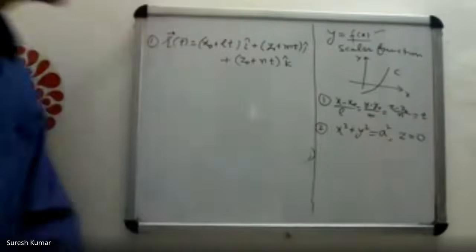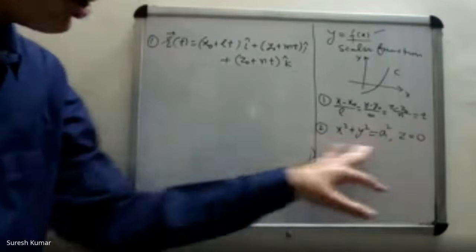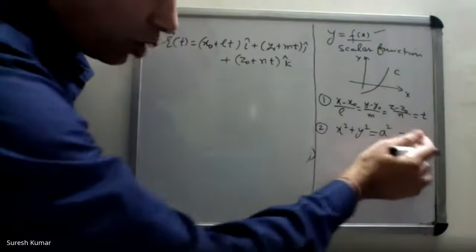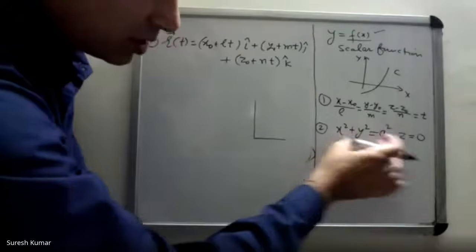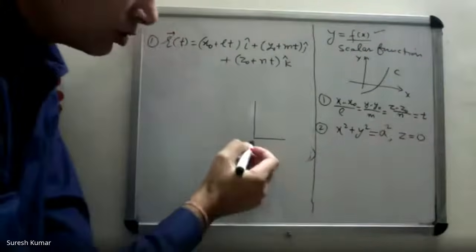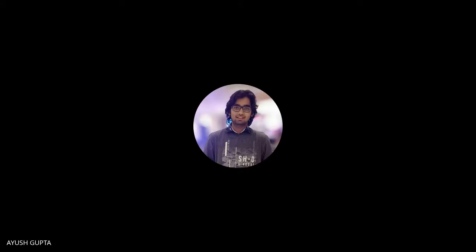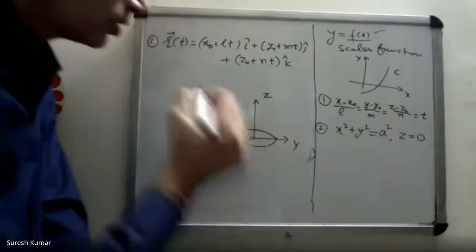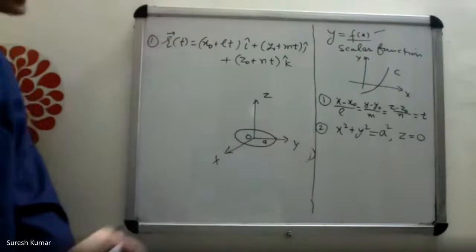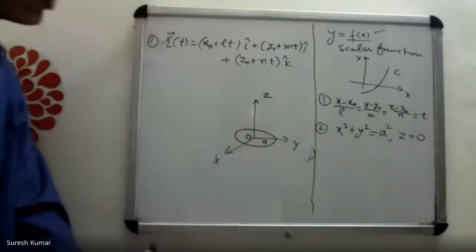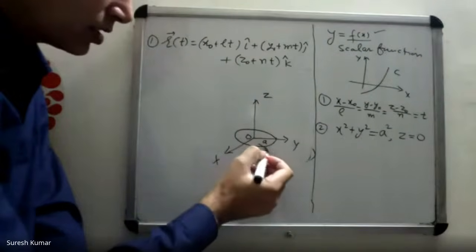Circular cylinder. If I put comma z equal to 0, now you are sure that it is a circle. Hollow cylinder. Now this comma this, circle, because this cylinder is intercepted by this plane, z equal to 0. Circle in xy plane. This is a circle of radius a, centered at 0, 0 in xy plane. Correct? We can say this plane is z equal to 0.